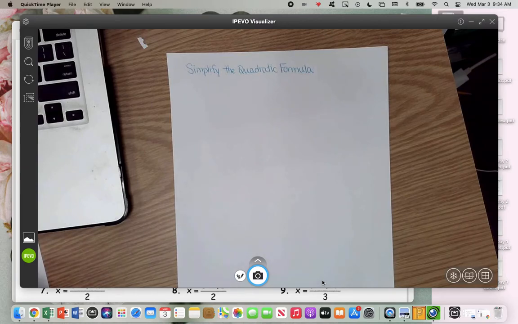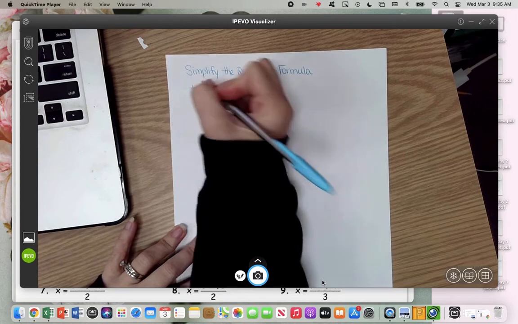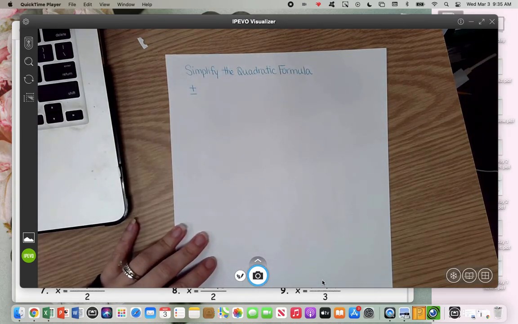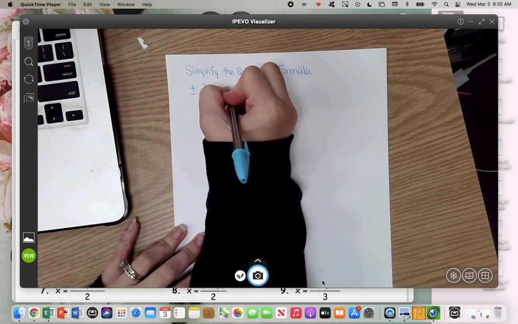All right, we are ready to start indicator 23, and this is just a little intro to the quadratic formula. I just want to show you some different things, how simplifying radicals is going to apply. And also there is a new symbol that you are going to see in the quadratic formula, and it looks like this. It's a plus sign right on top of a minus sign all together. And we read this as plus or